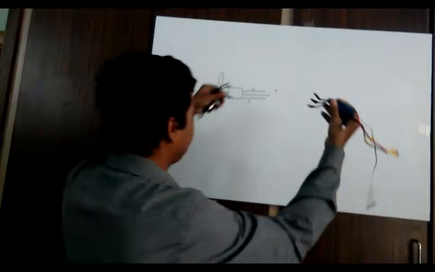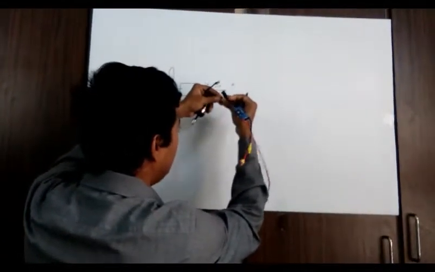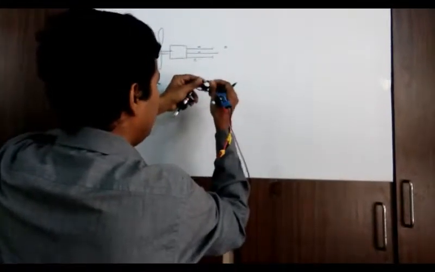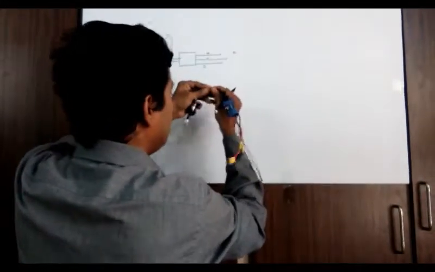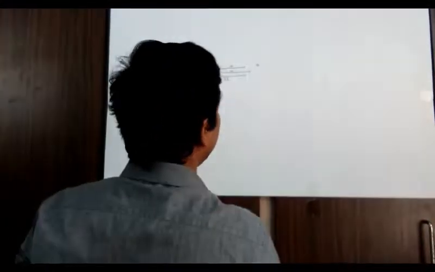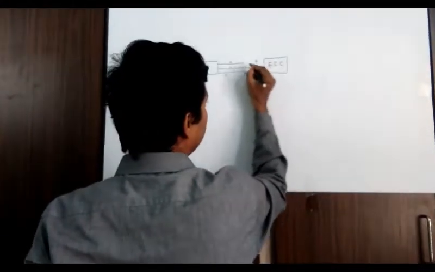So you have an ESC, and these three you can give in any order; there is no rule that they must go in a particular slot. You can connect them arbitrarily, and later, by seeing the direction of the prop, you can change them. So this is the ESC, the electronic speed controller.